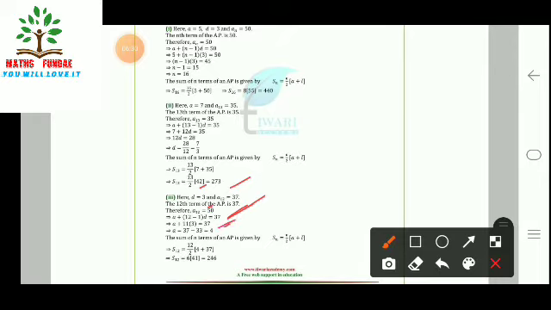S3 is equal to 12, S10 is equal to 125. So the third term is given to us as 15. So we have here a3 is equal to 15, that means we can write a plus (3 minus 1)d is equal to 15. On solving this, we are getting the equation a is equal to 15 minus 2d.